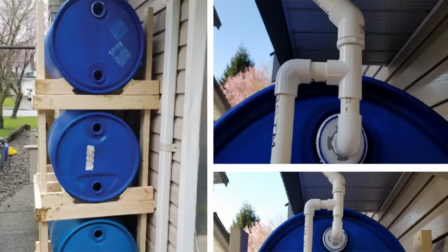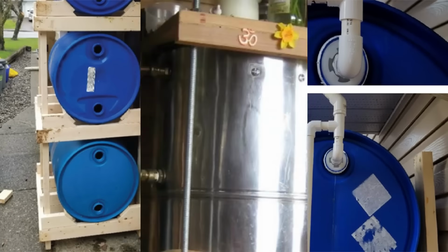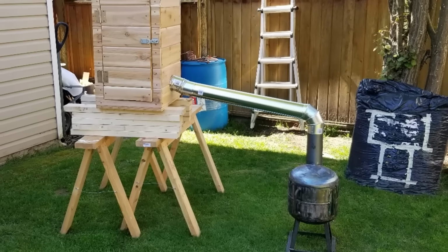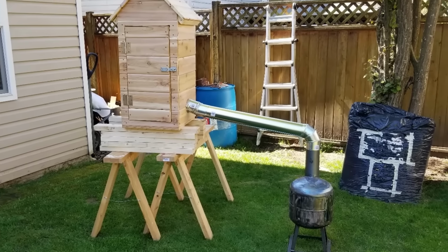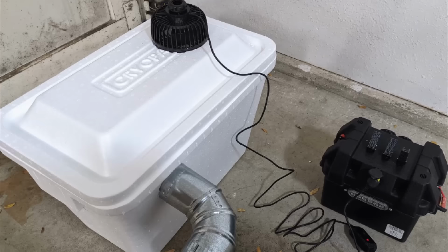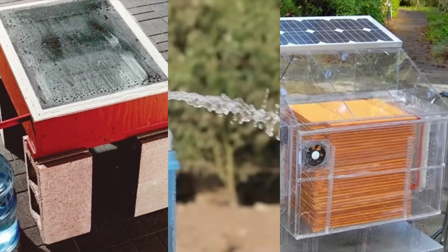possible. Projects like the scalable rainwater catchment system that automatically filters water, a simple stove adjustment that gives you free hot water at the faucet, and an off-grid shower you can connect to it. Then there's the smokeless smokehouse that preserves meat and cheese as you cook your everyday meals, a portable hydro generator, the DIY no-grid air conditioning, a little project for making pure water with thin air, a PVC hand pump for